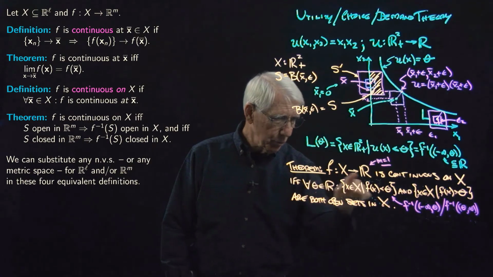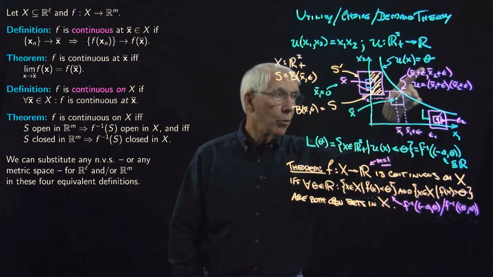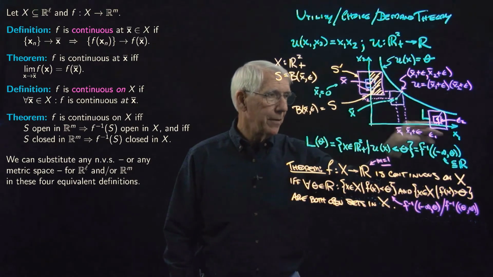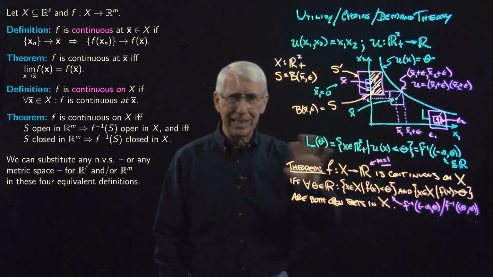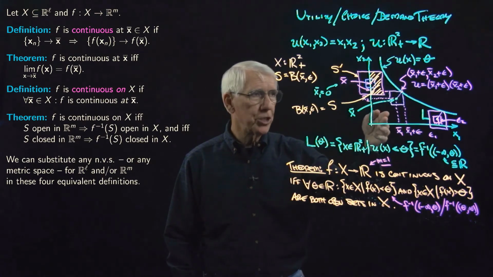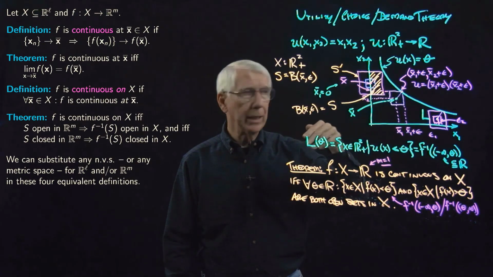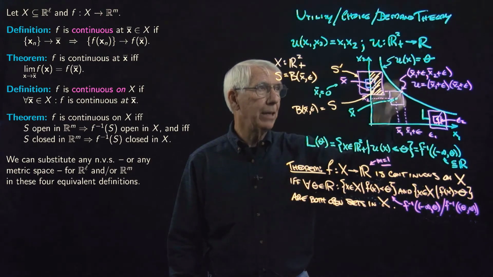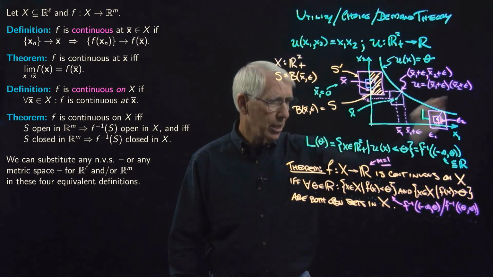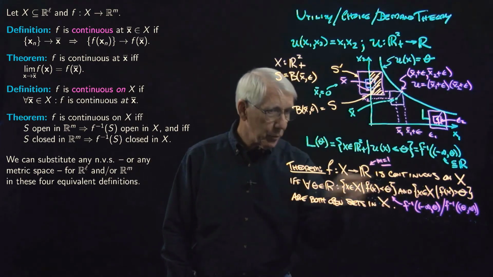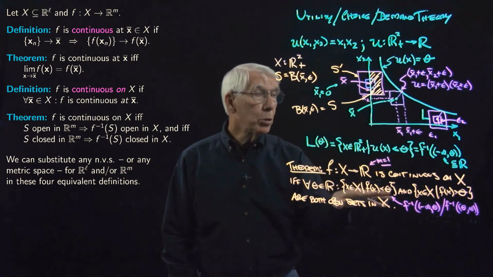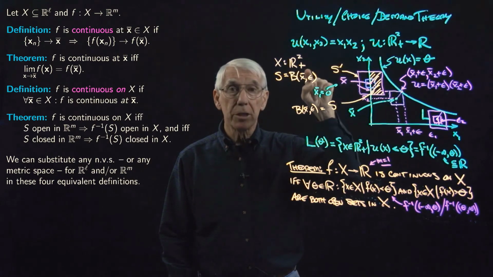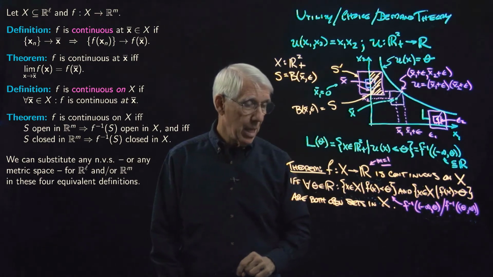So we exactly proved this part right here, and it's clear we could have done the same exact thing over here, and then we wouldn't have to worry about this business with the axes and so on. We could have done exactly what we did by just reversing the inequality on our utility function being less than theta. We just change it to being greater than theta and then do just what we did. So given this theorem, we proved that this utility function is continuous. And so